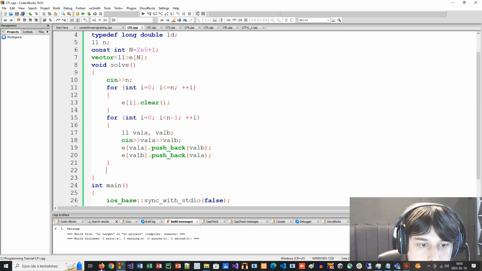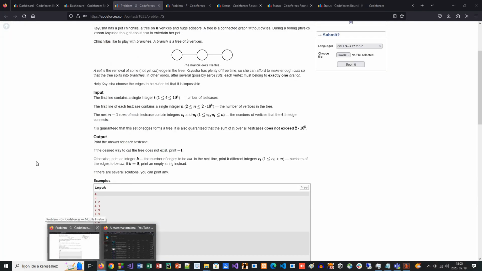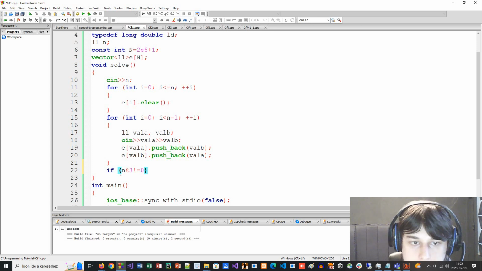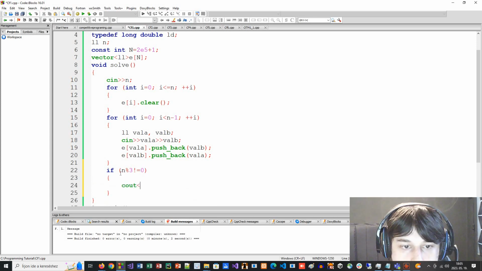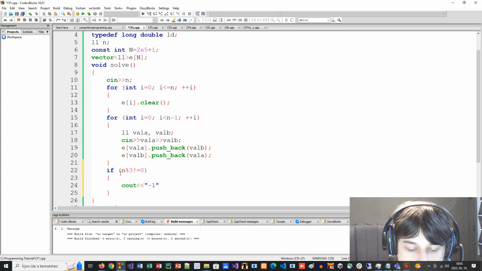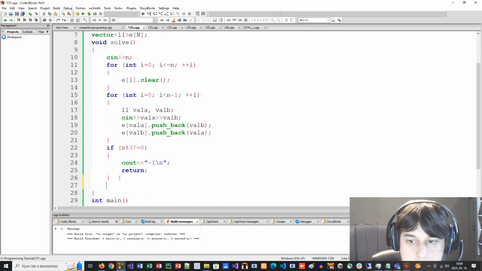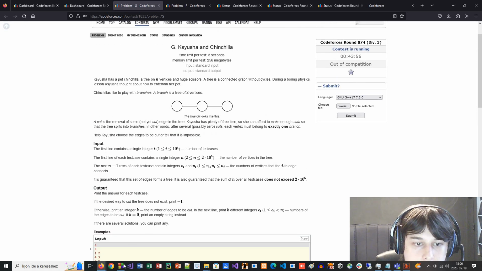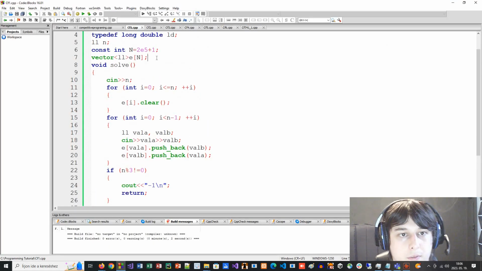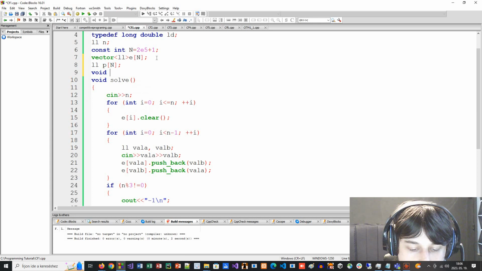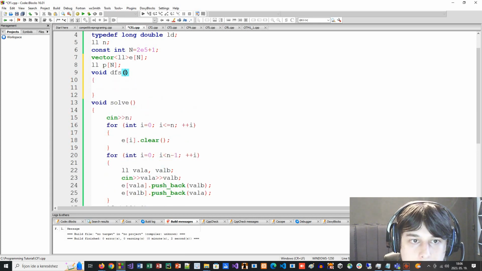And then, of course, because we want branches, if n is not divisible by 3, then we will output -1 and the new line and return, because we can't make the branches that way, because all branches need to be 3 nodes. So we will also have parent, which is the parent,